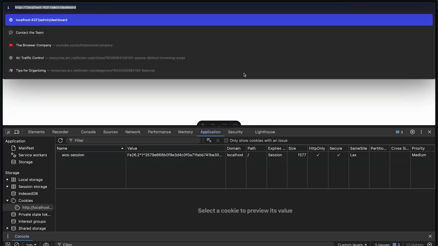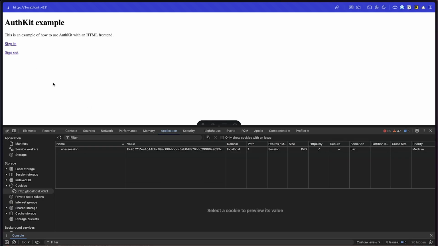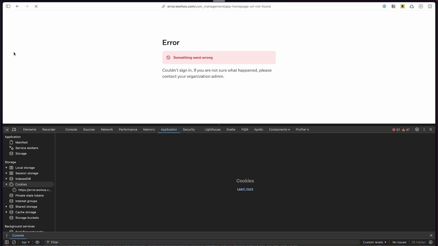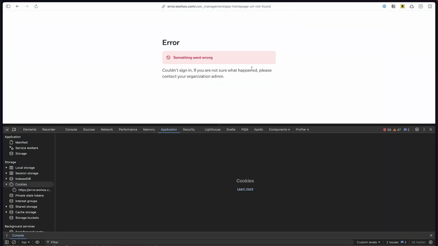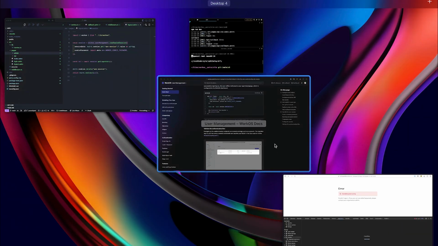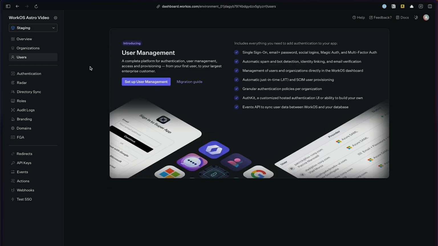So here I'm going to go back over to my main page, and you'll see that I have my WorkOS session cookie. Now I can sign out. Oops, and I'm getting an error. So if we come back over to the WorkOS documentation, it will say if you haven't configured your app's homepage in the WorkOS dashboard, users will see an error when logging out, which, yes, that's exactly what we're seeing, an error. So I'm going to go back over to my dashboard, and here under users, let's set up user management